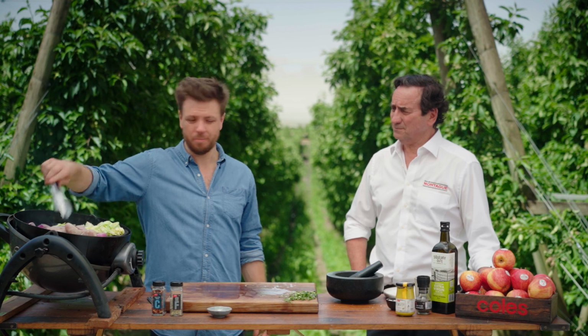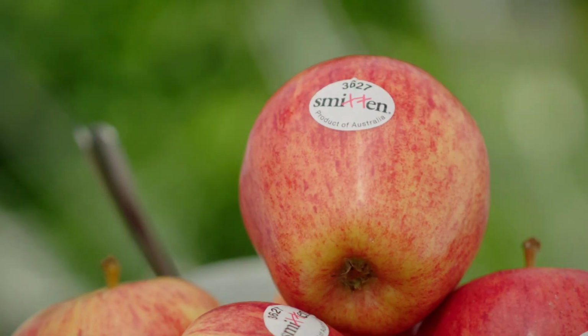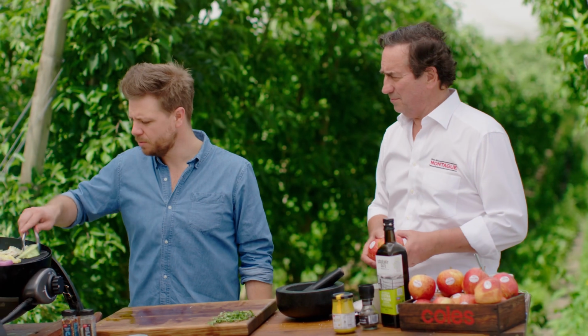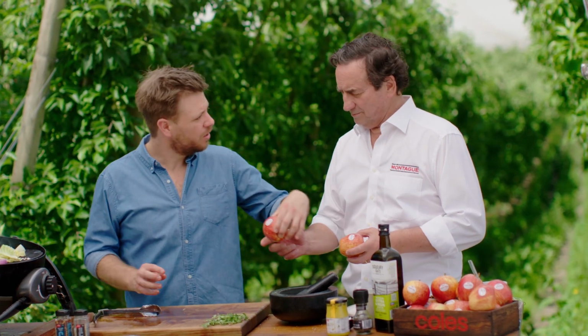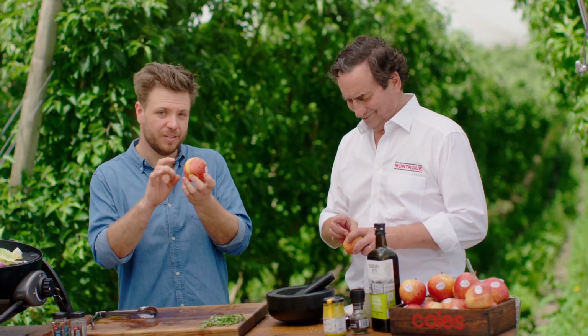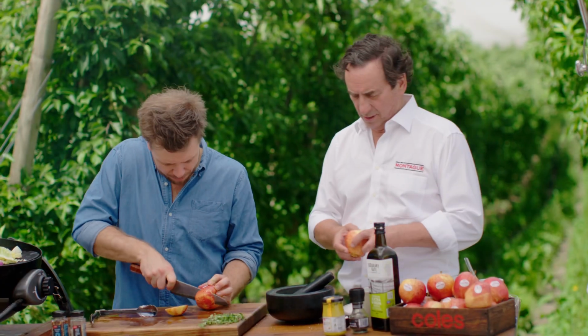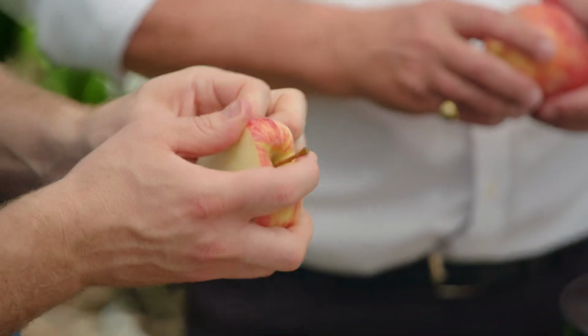Now, this is all looking really good, but we're missing one ingredient. The apples. We need to make sure we get some apples on here. So we're gonna grab a couple of those Smitten apples. Now I reckon these are gonna be perfect because they're good flavour, really crisp, and you do the test, make sure they're ripe, and these guys are. So all we're gonna do is just take the apple off of the core, get the little sticker off, and...